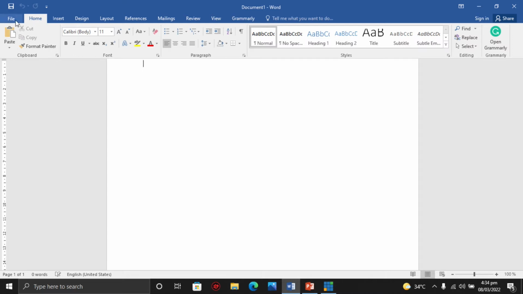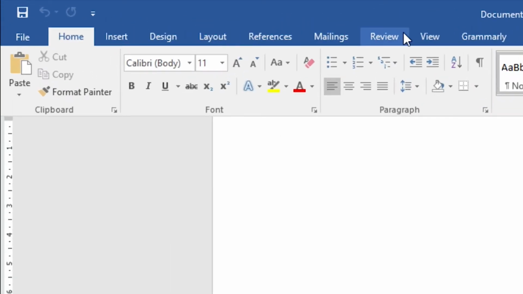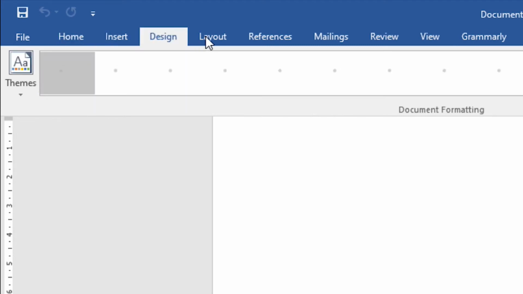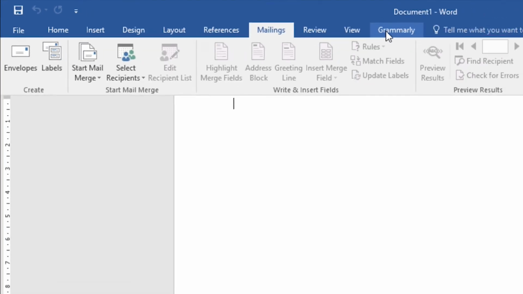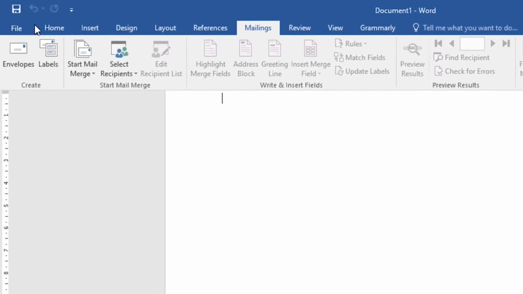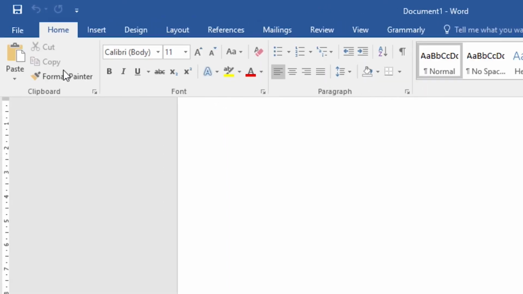Okay, when you come down, these are called your tabs. Where my pointer is at is called your tabs. Alright? So this is my file tab, home tab, insert tab, design tab, layout tab, reference tab, mailing tab, and the rest of it. How does this tab work? When you click on home, you find out that the home opens a ribbon. So this particular part, this gray part you see here is referred to as the ribbon. So if I click on home, it opens up a ribbon and it will display all the tools contained in the home tab on the ribbon here.